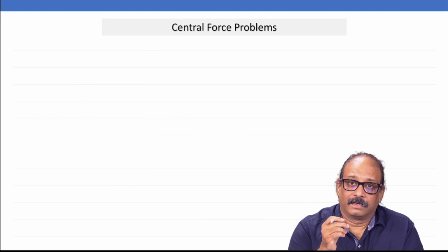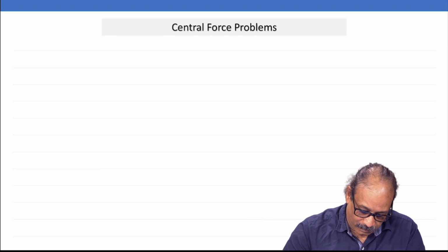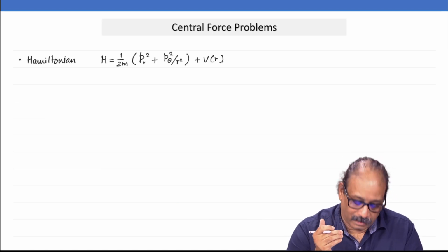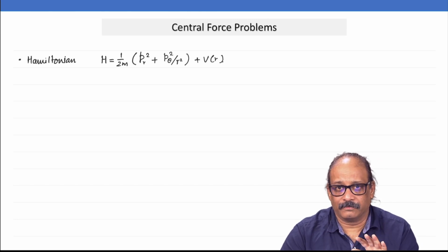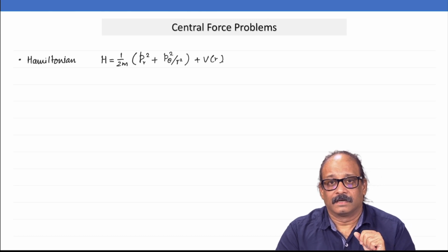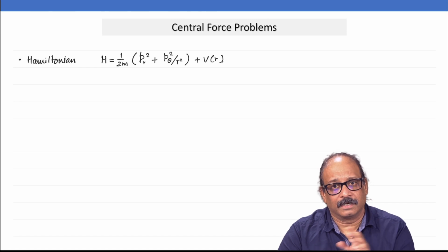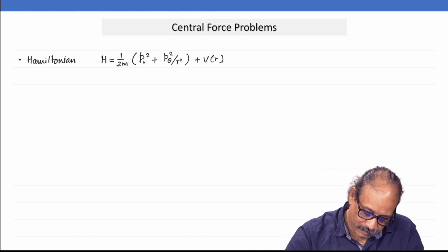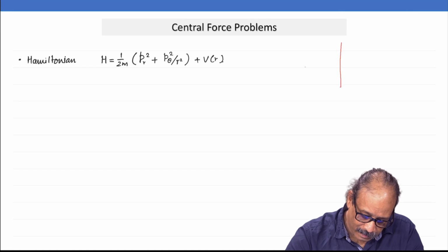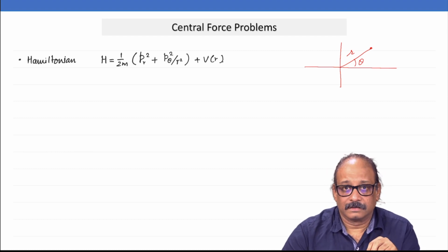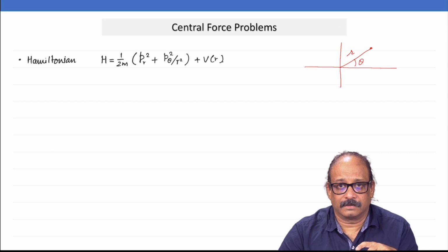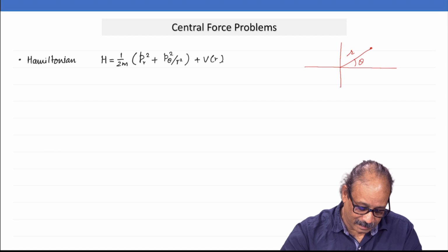Now, let us take an example of central forces. Okay. The Hamiltonian is straightforward. In this case I will assume that it is a planar system to begin with, because we know that in the case of central forces the angular momentum is a constant of motion, which fixes the plane of the orbit. So, I am going to assume that you have a system in which you have a variable r, a variable theta, and the particle's potential energy just depends on its distance from the origin. So, this is the standard setting there.